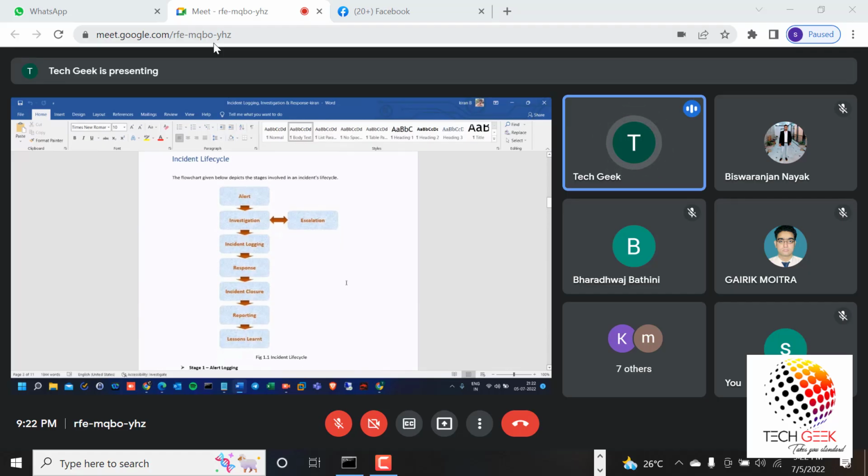Once I assign the alert, I need to check what type of alert it is, whether the particular alert belongs to authentication or malware. There are categories. I will show the types of categories present in these attacks. We have authentication, malware, then phishing, email phishing, and data exfiltration. Like that, there are multiple categories. Whenever we see the alert, we need to decide which category it belongs to.